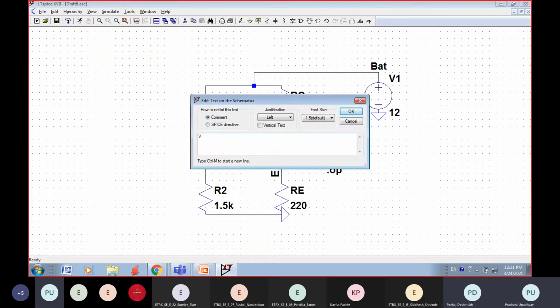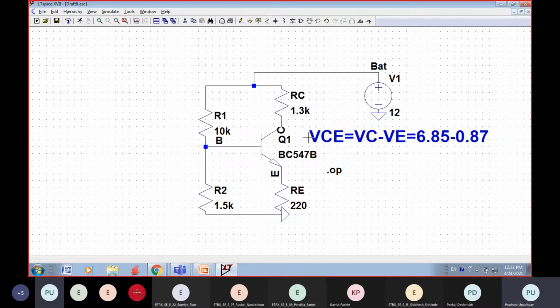VCE is equal to VC minus VE, so this is equal to 6.85 minus 0.87. This will give me around 6 volt. That's fine. I've shown the calculation. So this is around 6 volt.